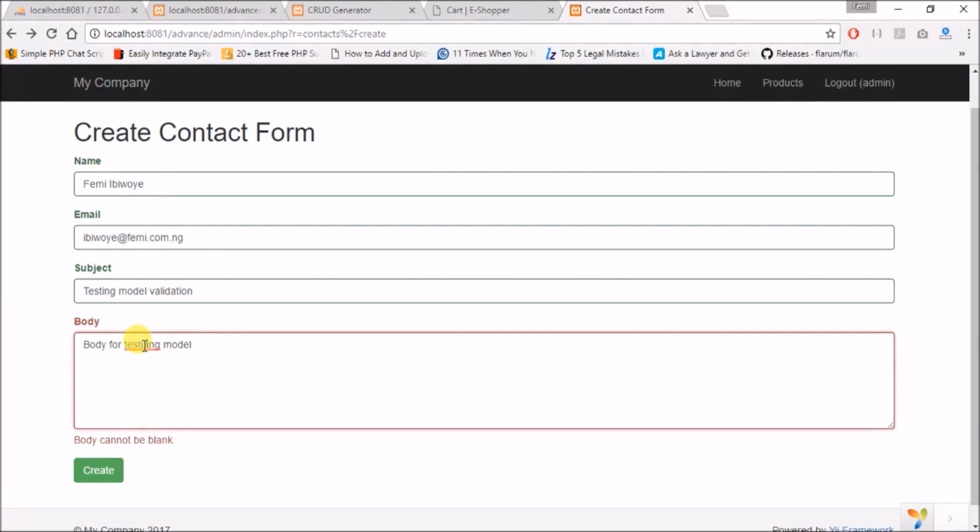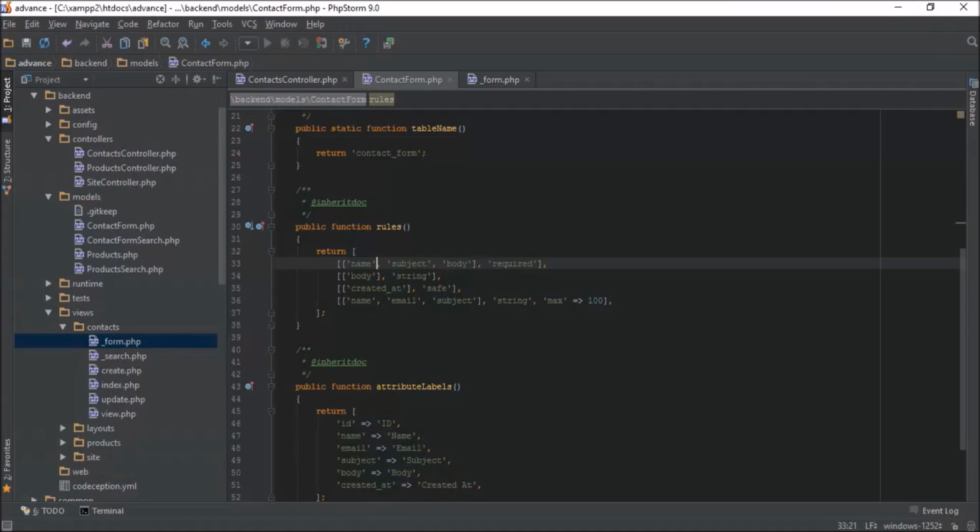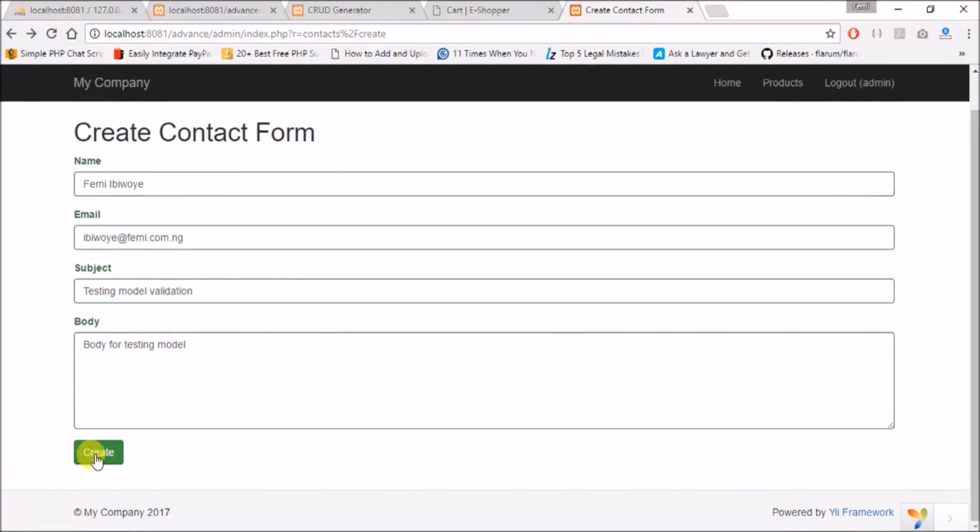Note, we've removed email from our model here, so we don't have anything connected aside from the name attribute and the label attributes. If I click on create,